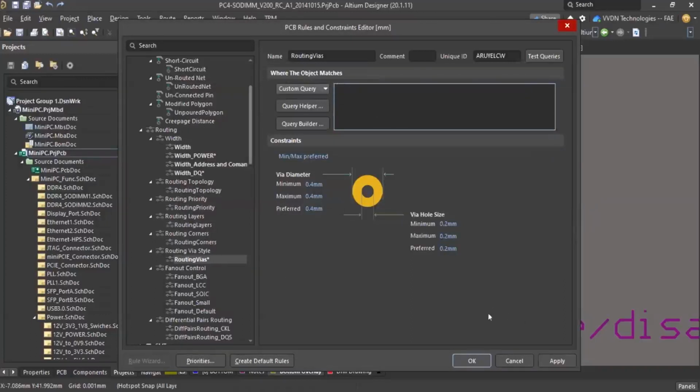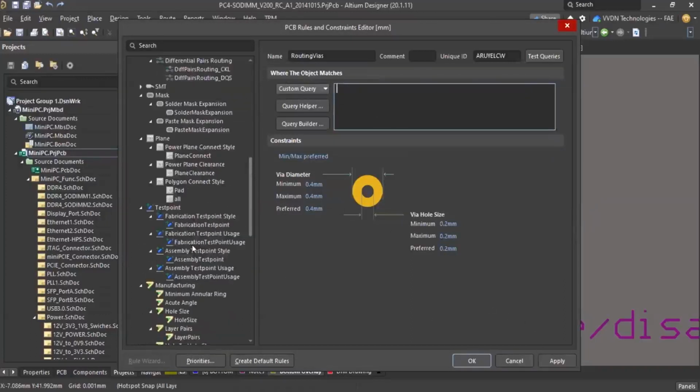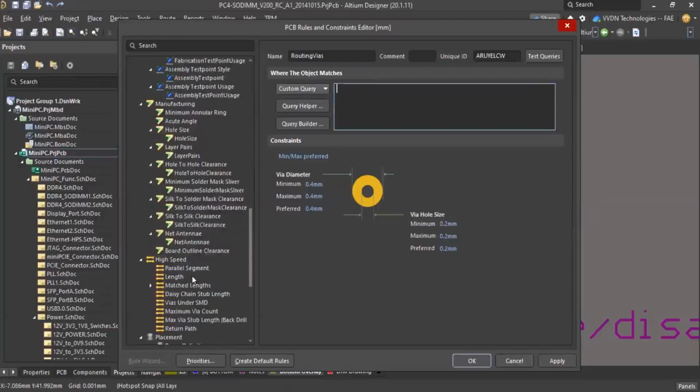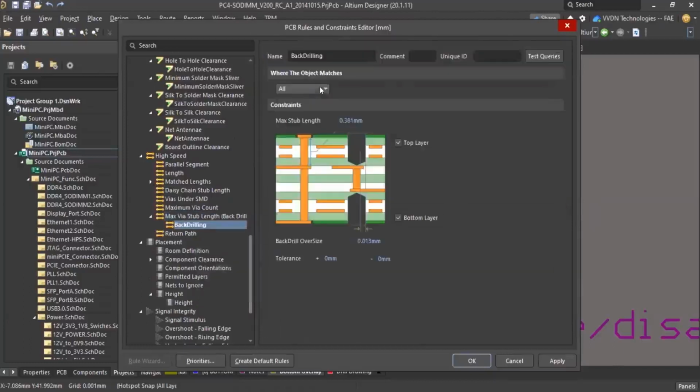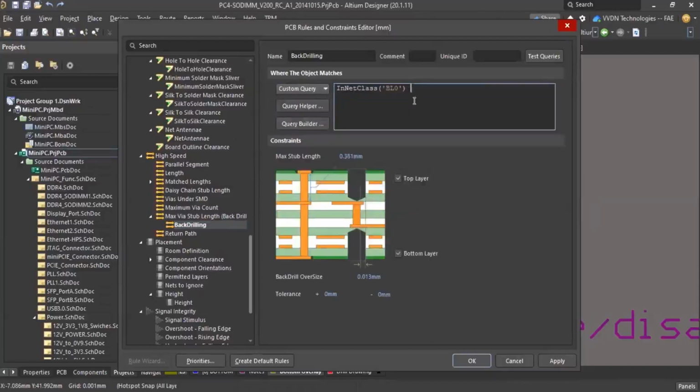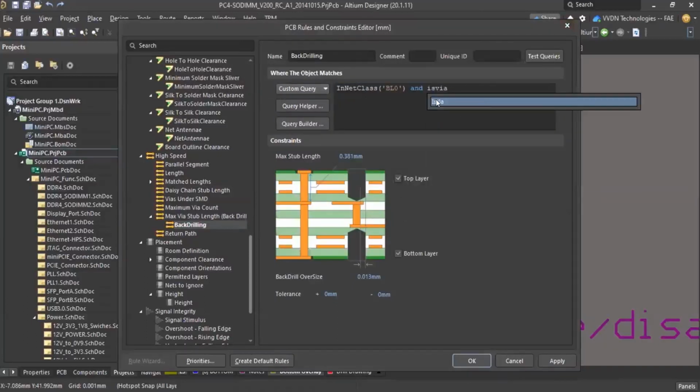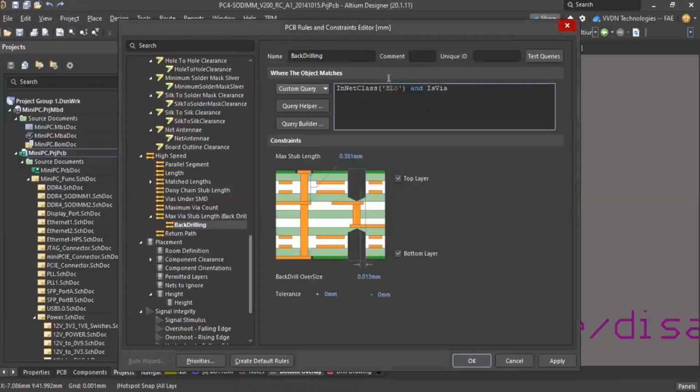Even for the back drill also, I'm not going to use this because I'm just showing. You have to apply our custom query in net class, and is via, meaning this is a signal we have to check for the entire net for the back drilling.